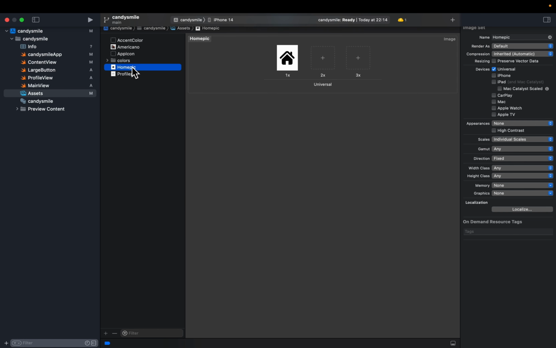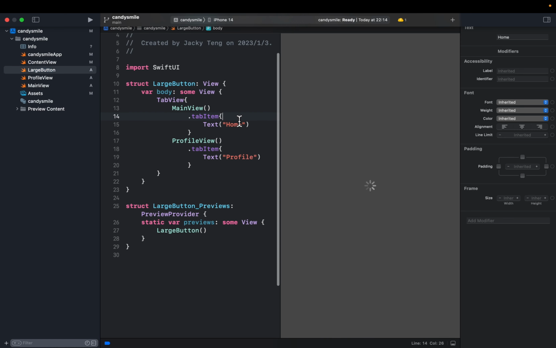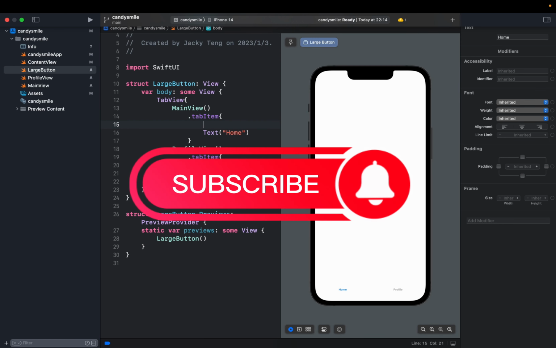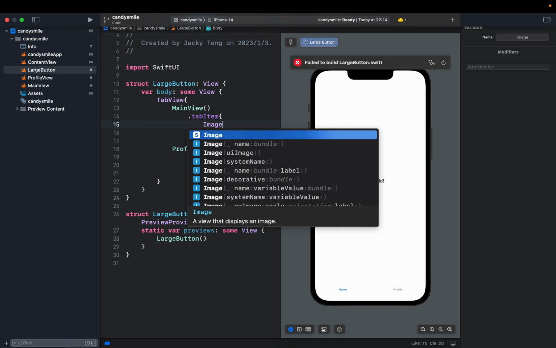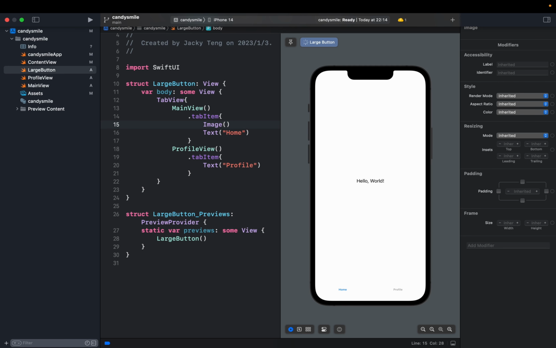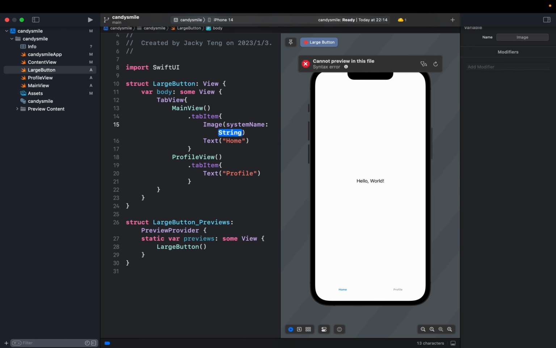Home pic, copy. Always copy and paste if you can. I don't really agree that you have to type everything out. Again, coding smart is way better than coding hard. I personally prefer that. Okay, now